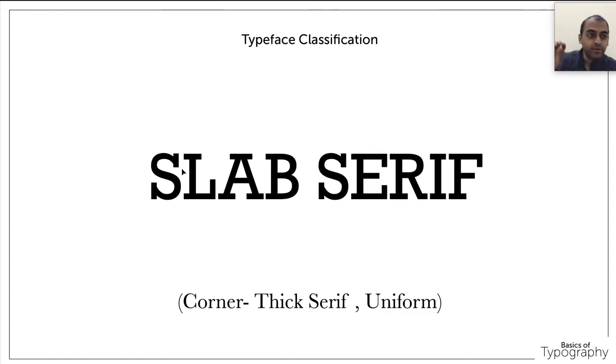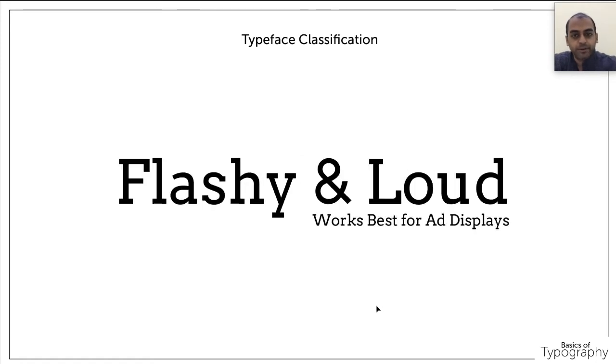So as I told, from serif font we have taken the corner projection, and from sans serif font we have taken the uniformity. So in slab serif font, if you see the corner, there will be a projection, but the projection will be very thick. It will not be as thin as you see in a serif font. And you will have uniformity throughout the text, just like a sans serif font. So slab serif font, in one word, is a thick serif with a uniform profile throughout the text. Okay, so this is called a slab serif font.